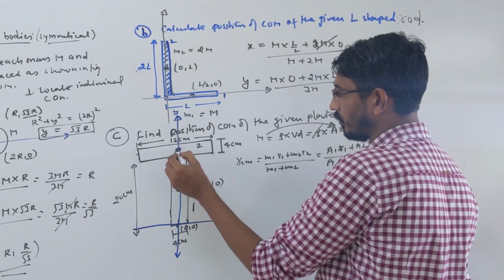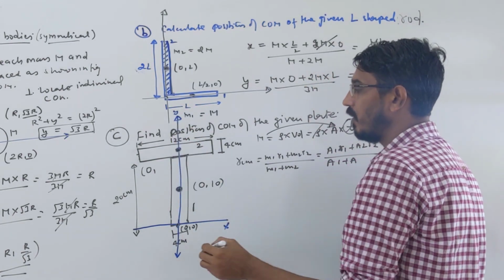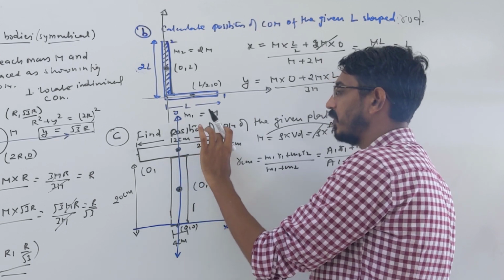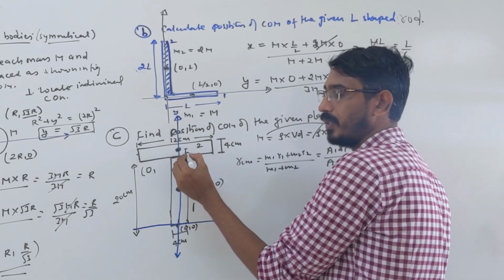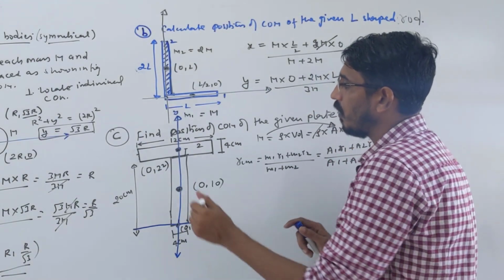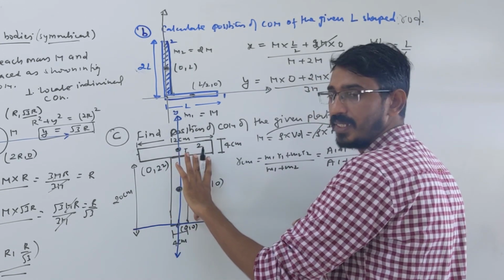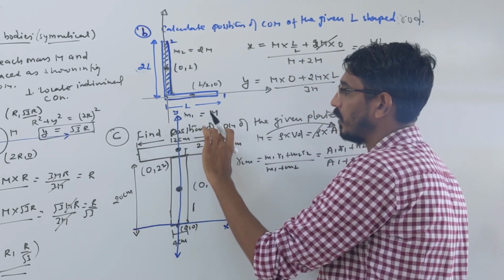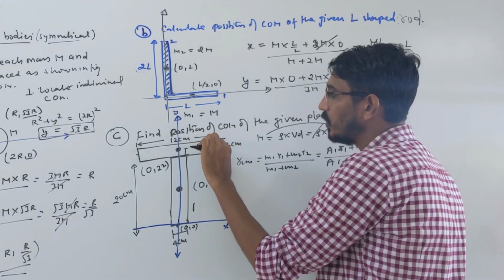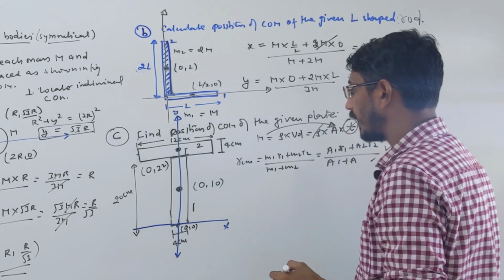Similarly, what is the coordinate of this mass? The x coordinate is again 0, because this is also on the y line. For the y coordinate, look here, that distance is 20 centimeter, and this thickness is given as 4, so half of that will be 2 centimeter, and it becomes 22 centimeter. Check it once more: the position of this point from this point is the height we know, 20 centimeter, plus half of that. This point is the midpoint, so 4 centimeter gives 2 centimeter, and 2 plus 20 is 22. So these are the coordinates.